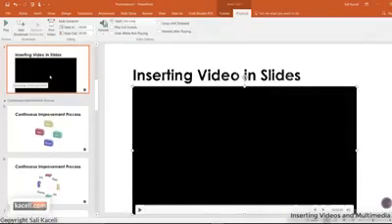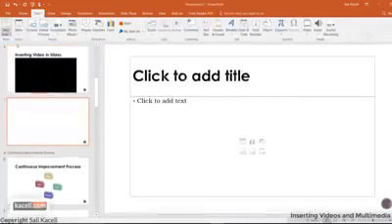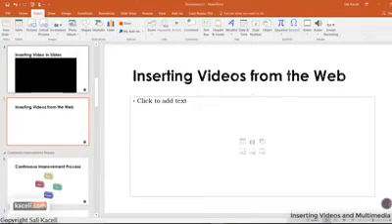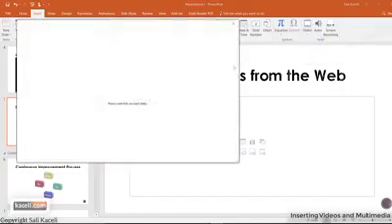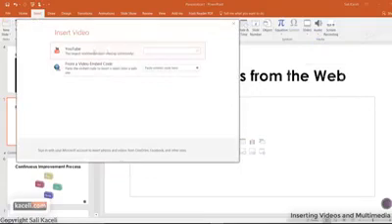Now let's learn how to insert a video from the web. So I'm going to insert a new slide here, and then go under Insert, then Video, and then choose Online Video. Notice we have two options here: the YouTube option and also embedding from another website. We want to search from YouTube. So for example, Word